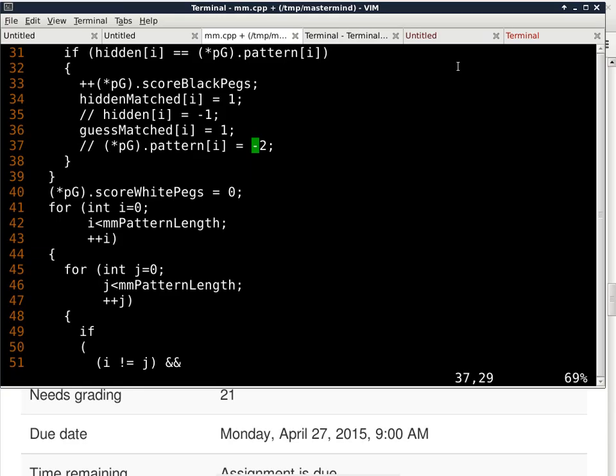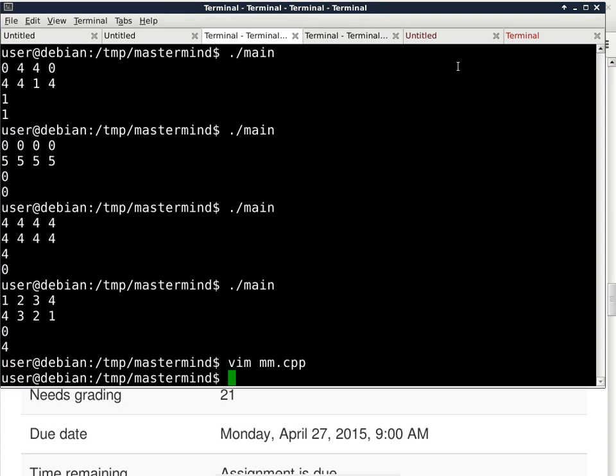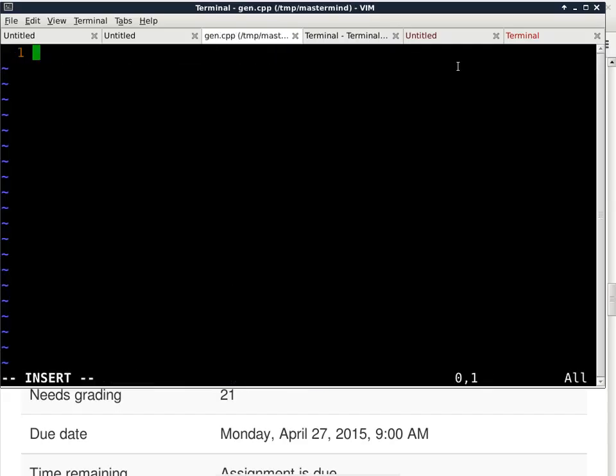So the way to make this work, even if I change the number of pegs, even if I do it on the fly, is to do it like this. I'm just going to say generate.cpp. The way to do it is recursively. So to do this recursively, this is how you do